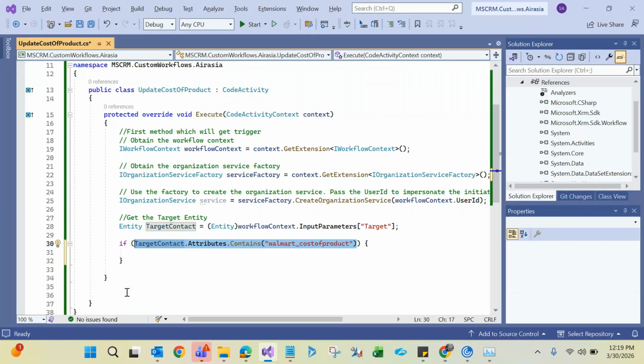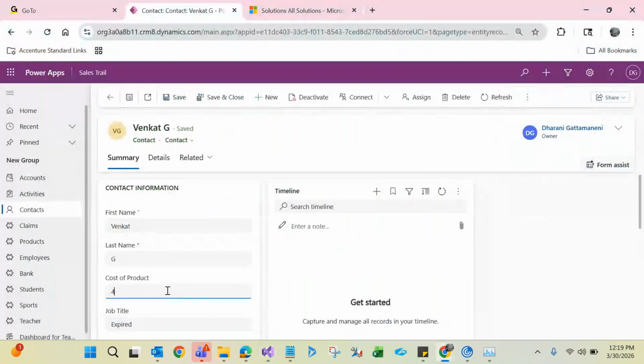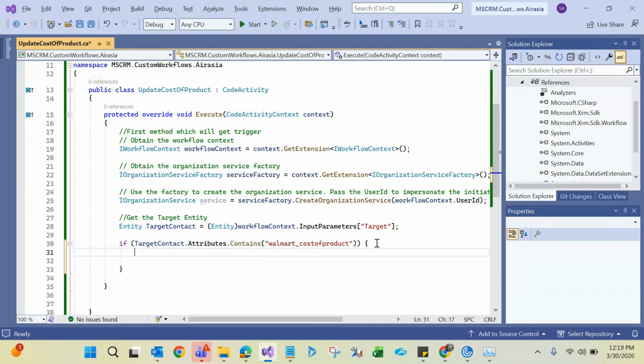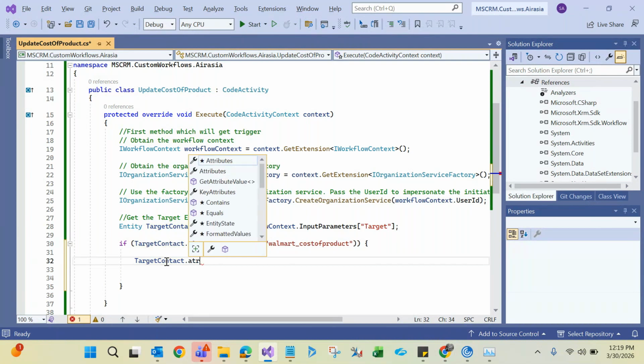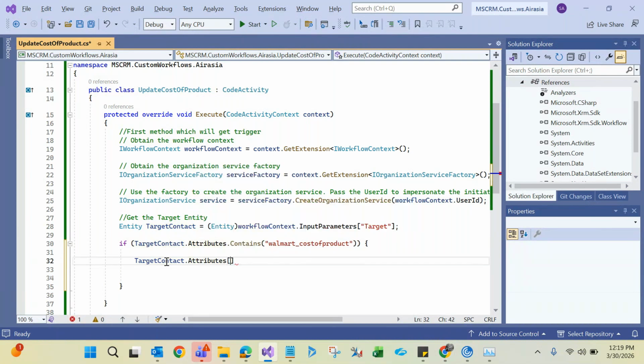So that is why I am first checking if this particular target contact contains this field information or not. Let's say it contains a value, like 4000. Okay, then I need to get that value, right? That 4000 value. So from this target contact, I need to write target contact dot attributes of